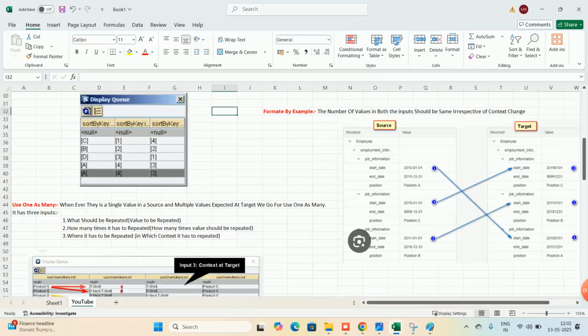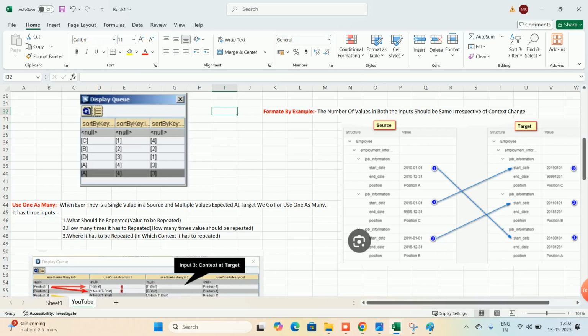It is asking format by example. Then see here is an underscore. We need to remove this underscore, and we need only plain like this. Depends on the position: A, C, B is there, right? They are telling 2000, start date is 2010. It will go down. Why?